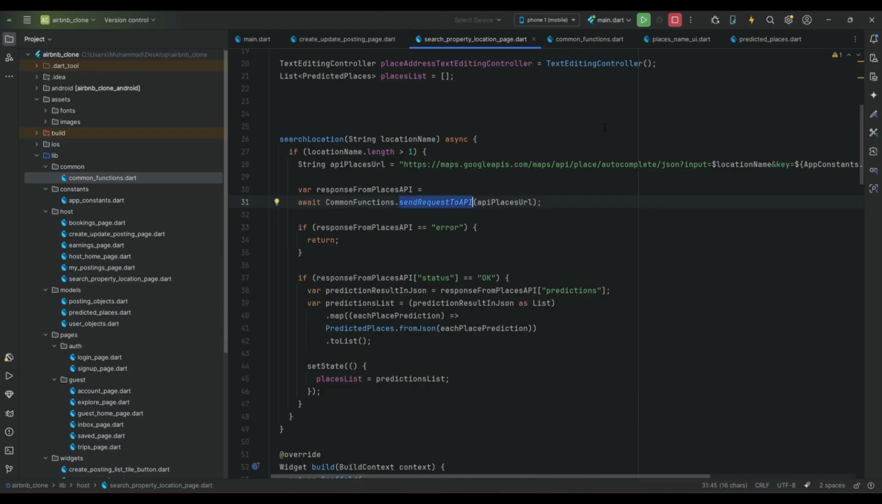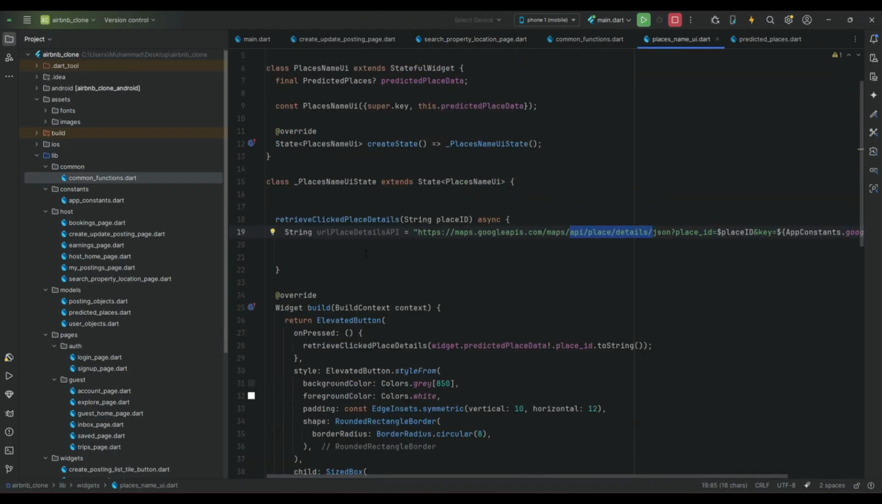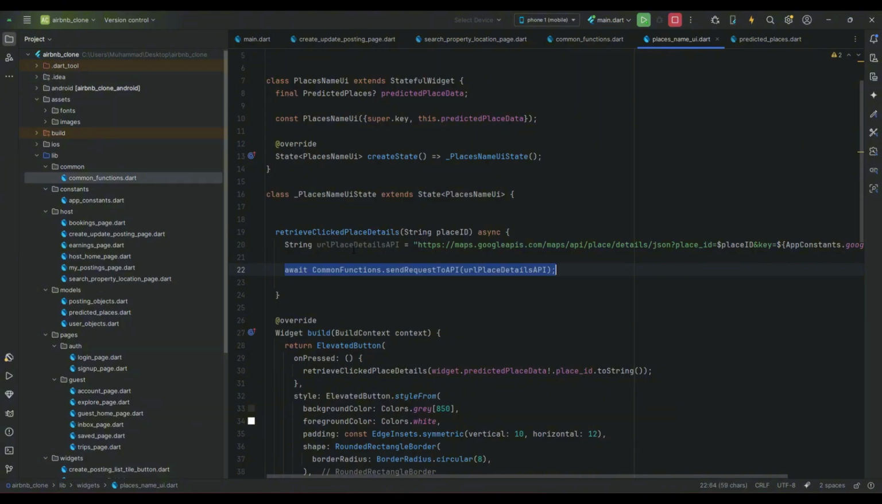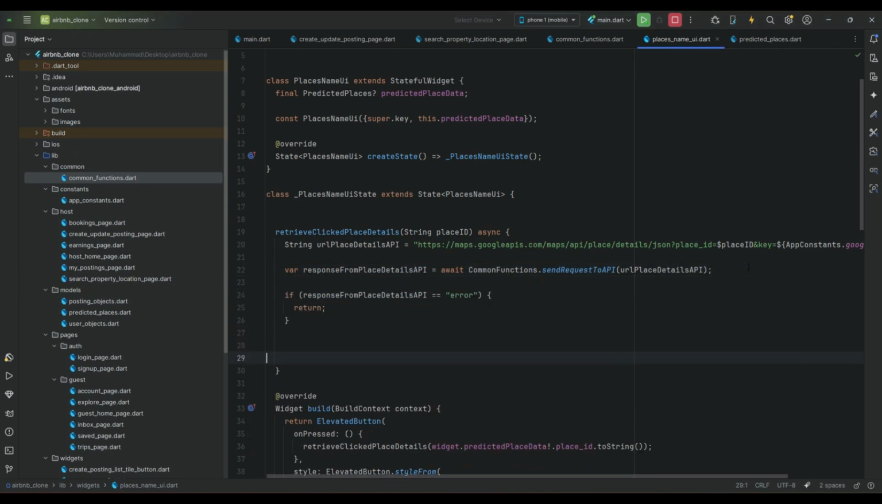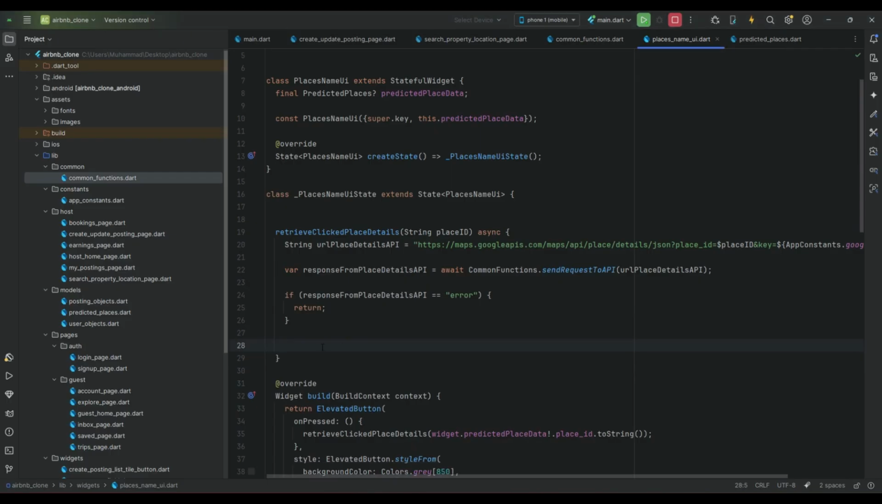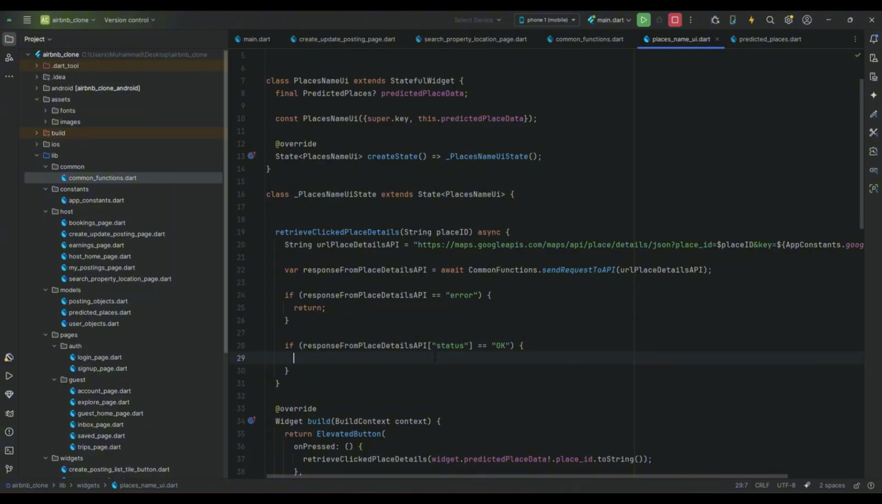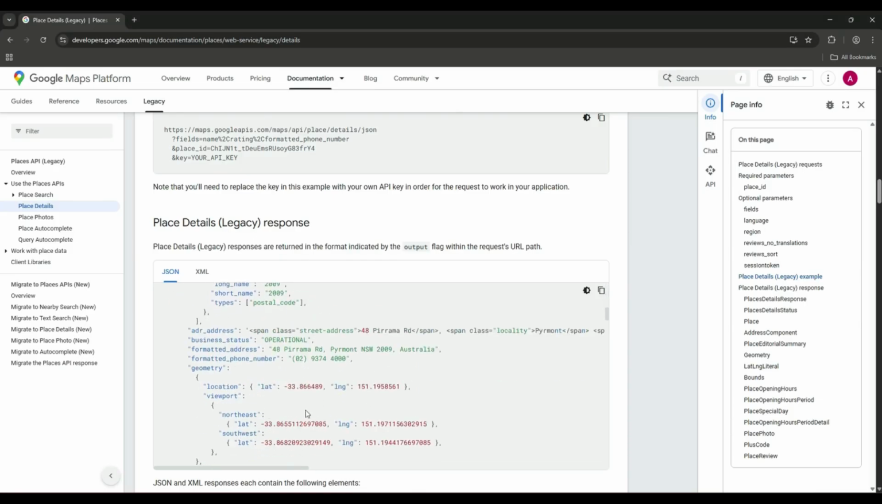So now, for example, we need it here as well. So you can say CommonFunctions.sendRequestToAPI, and we want to send the request to this API. Now the response will come, which we will assign to this variable. Now, if there is any error, we will return from there. Otherwise, if the response is correct, it means the status will be equal to OK, which is according to the documentation. If we check here,